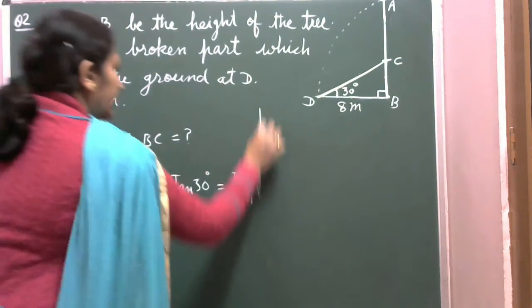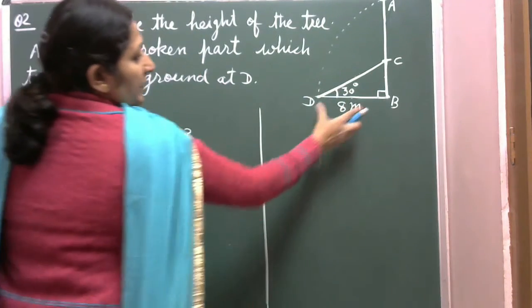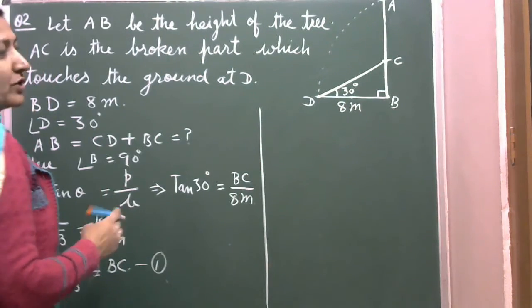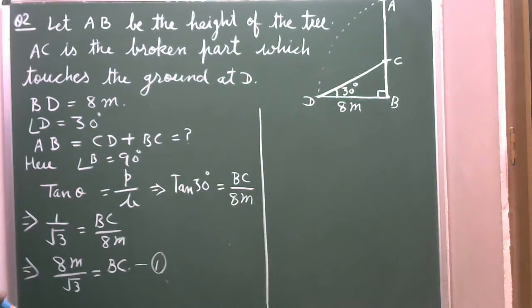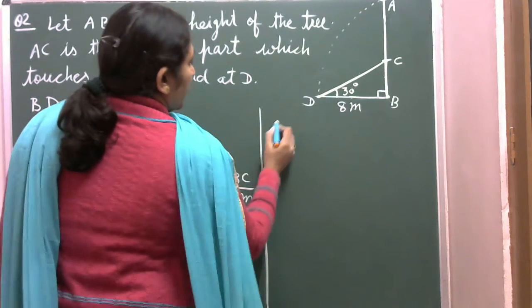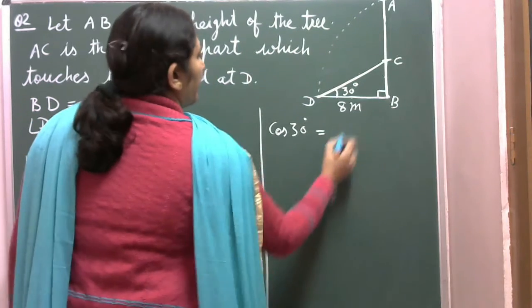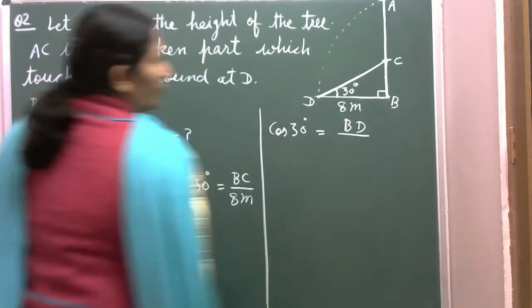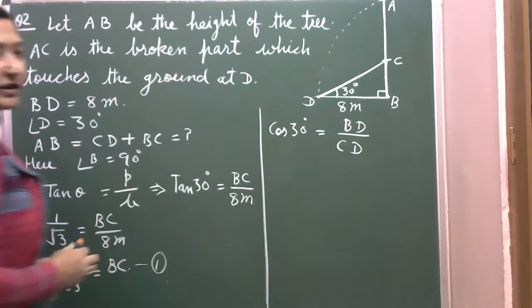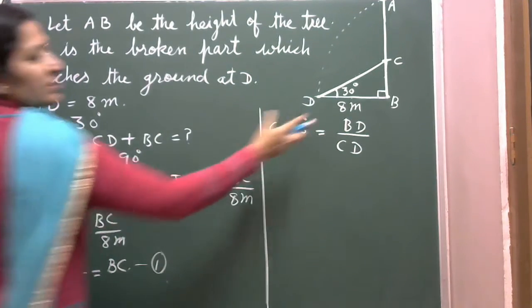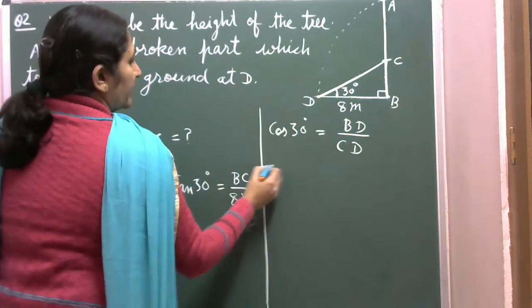Now again think over, hypotenuse you have to find, base you are given. कौन सा ऐसा फॉर्मूला है जिसमें हम यूज करते हैं बेस एंड हाइपोटेन्यूज, so that is cos of 30 degree. Again here cos of 30 degree is equal to base BD over hypotenuse here CD, और DC, कुछ भी लिख सकते हो आप. क्लियर? बेस कैसे पता चला, एंगल की जो एडजेसेंट साइड है, जो अपोजिट होती है वो परपेंडिकुलर.